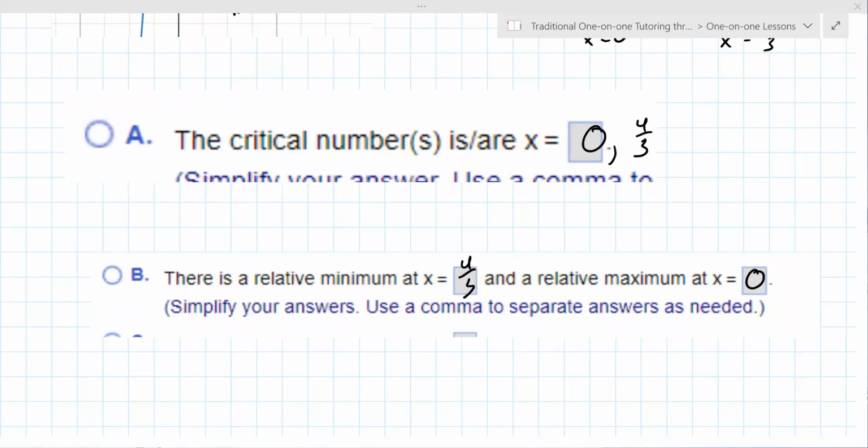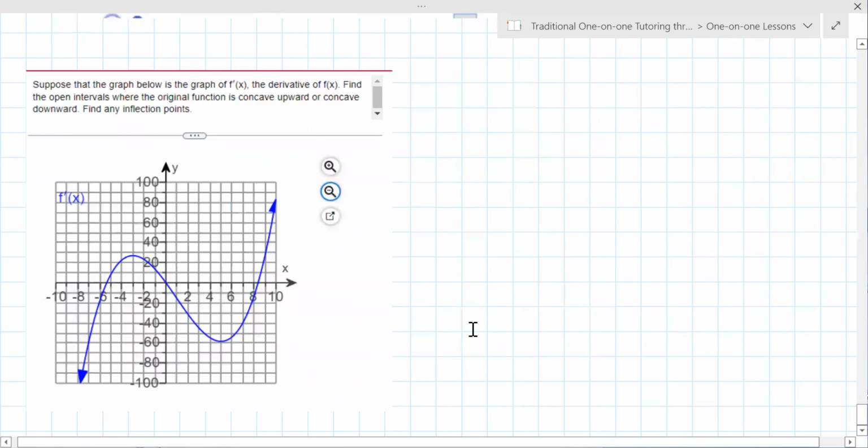Okay, we'll go back to 13. This is now very disjointed. I apologize. Okay, suppose the graph of the function is the derivative, that f prime derivative. So you have to now change your thinking. It's derivative rules. Like, you got this standard we're following with derivatives, and we're talking about concavity,